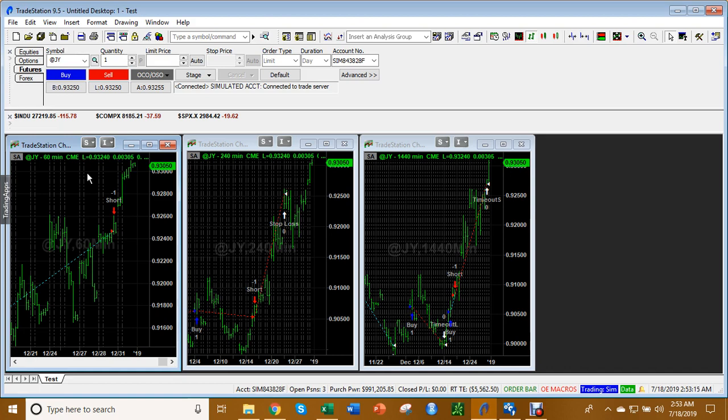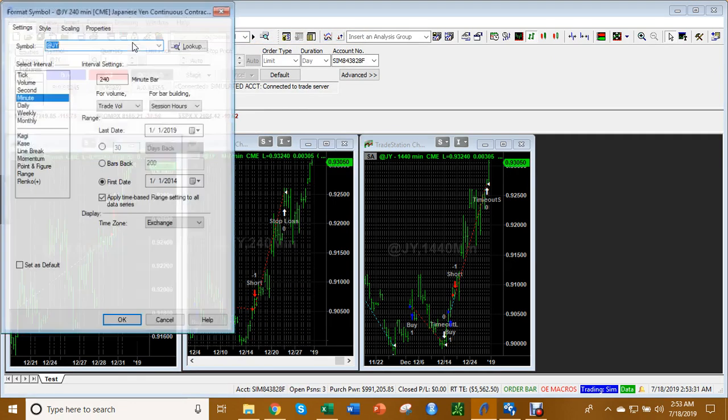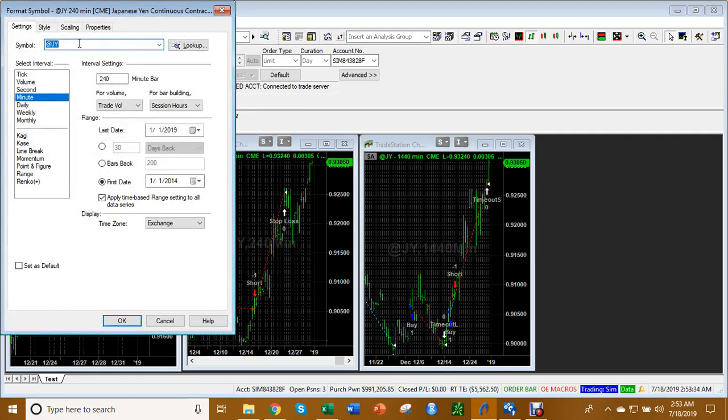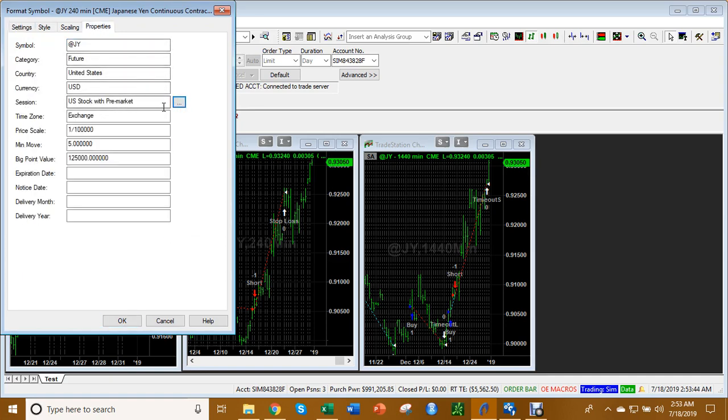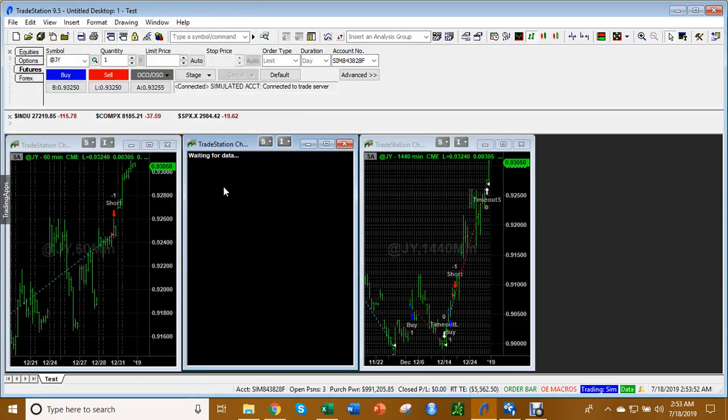It is easy to have 60, 240 and daily time frames in 3 different charts. So I'm going to show you how to do that. Load the data. So here we have JY, which is from 2014 to 2019, and the time zone exchange. Here we have the session, which is US stock with pre-market data. So once we have loaded up the data,